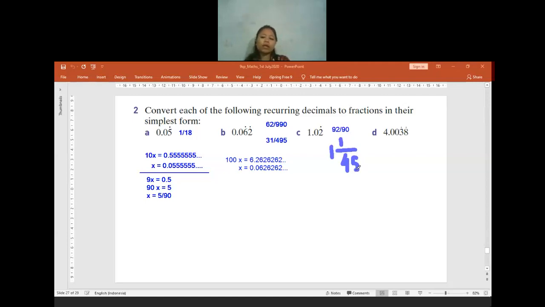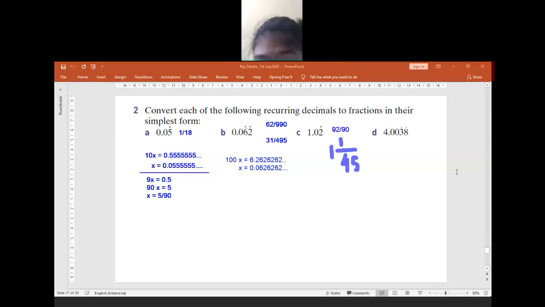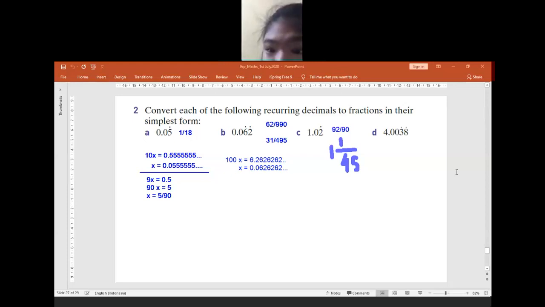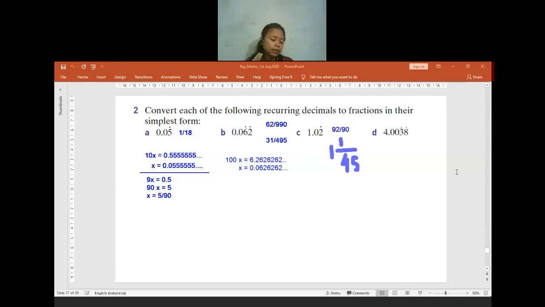Is there anyone who has difficulties or is getting confused? Please feel free to ask. I will not get mad if you ask any question. No? Yeah, I'm a little confused about this one. Which one is confusing for you? I'm in number C. Oh, C. Okay then, let us discuss C. So the x will be equal to what for C? Write it as a long decimal.